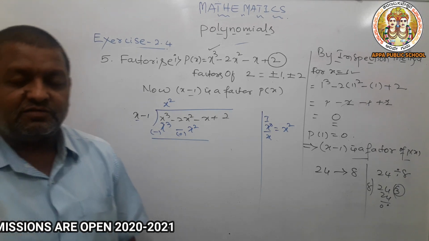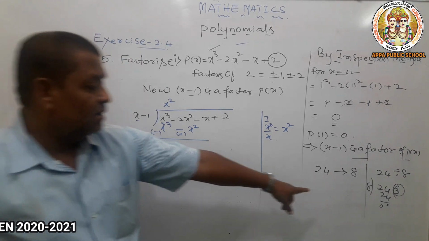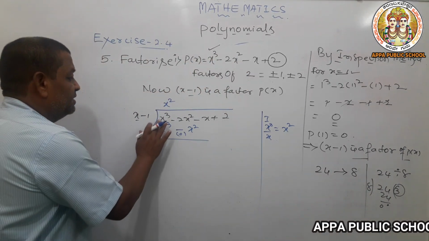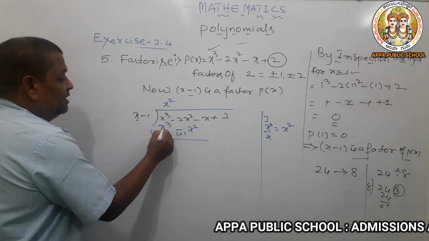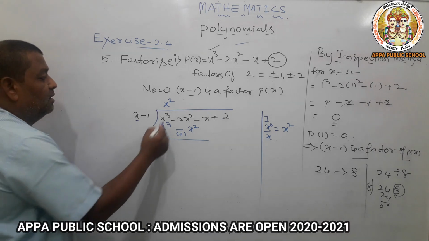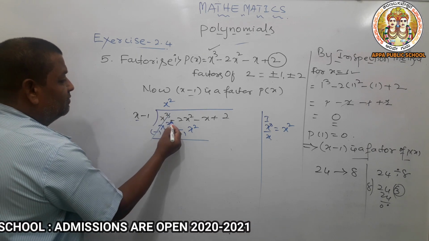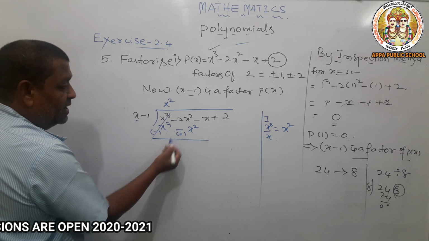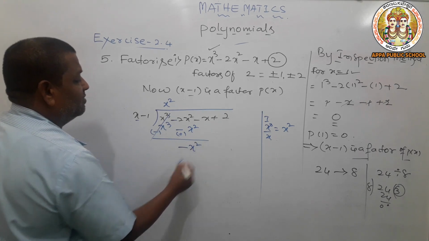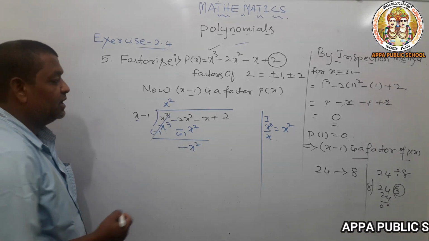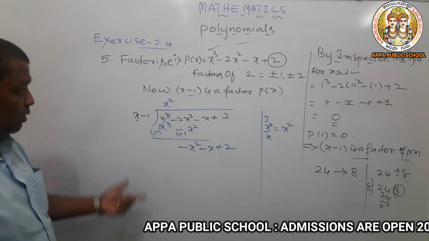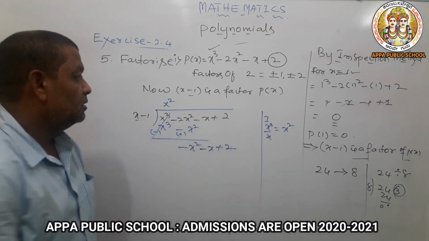In division, we are subtracting. Just like any common division, in polynomials also we are going to subtract. So in subtracting polynomials, the sign is definitely going to change: plus to minus, minus to plus. Cancel. What is left? Now, with the new sign, minus 2x square plus x square. Definitely it is minus x square. We need to keep the sign of the bigger number. Take the other things as they are.